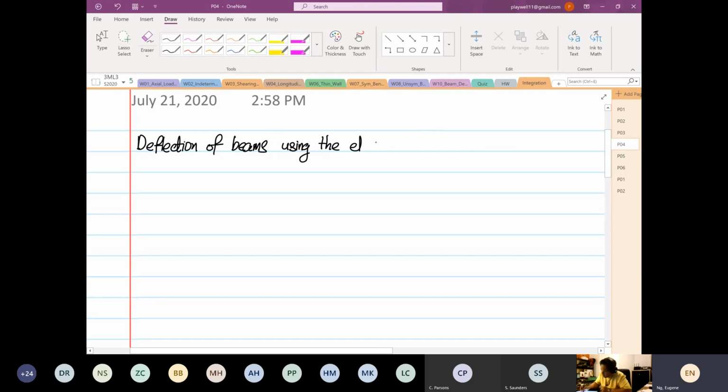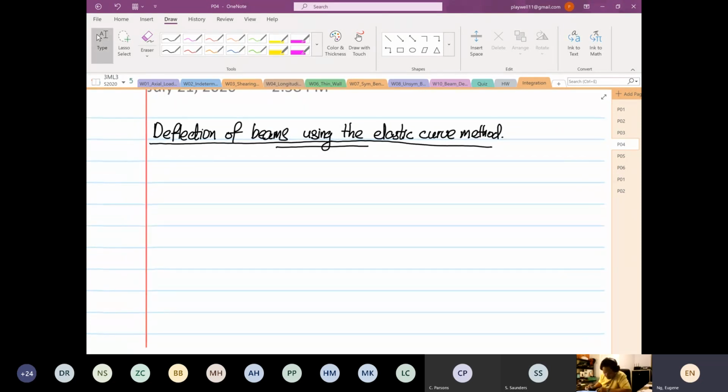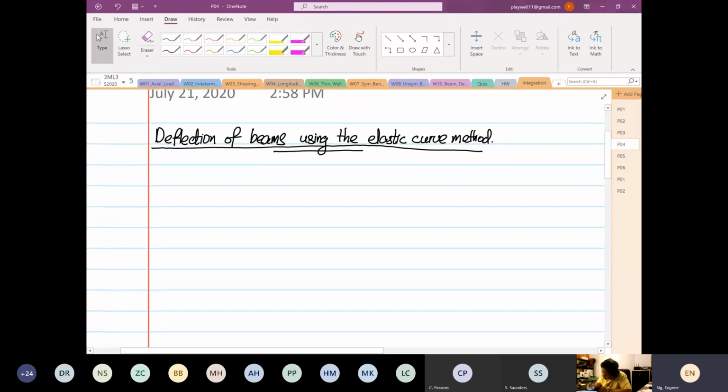Elastic curve method. Okay. So again, I will explain to you what this is. All I can tell you is this: we just need to integrate 2 more times. That's all. So the elastic curve method,